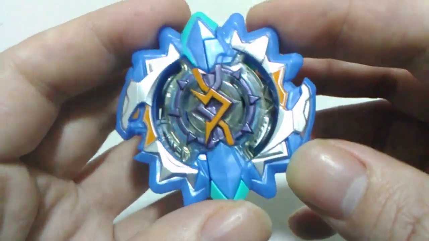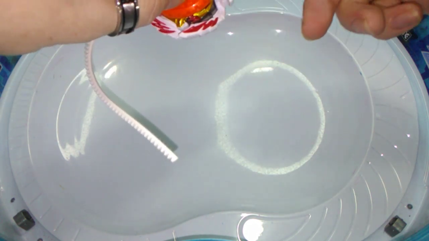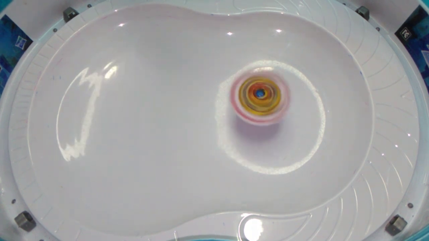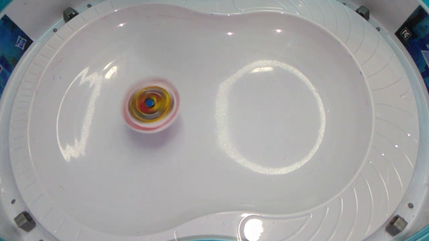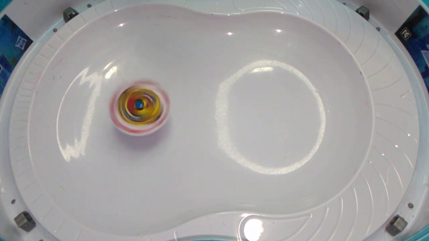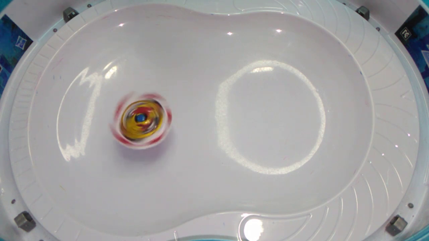Alright, well, let's get that stadium out for a test launch. Alright, we've got the stadium out. We'll launch Erase Devolos first, and 3, 2, 1, let's rip. And a nice bit of movement there to start with, and well, enough to get itself out of that lower portion of the stadium as well. And now we're settling back down and spinning nicely. It's starting to slow down a bit, so you can see why it's got that low runtime rating on the back of the packaging. So yeah, that's it for our